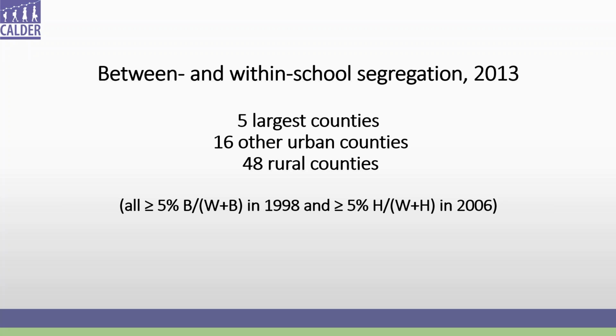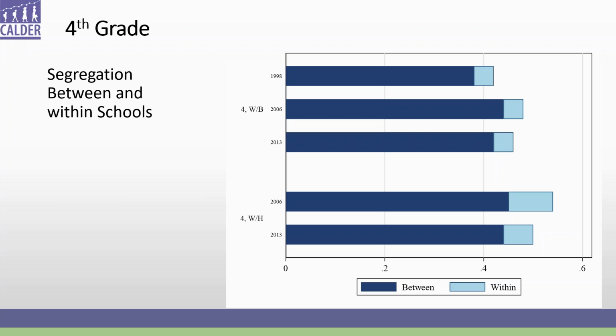One more thing about the data. It turns out that the dissimilarity index, everybody's friend in sociology for many years, turns out to be very unreliable when you have a very small percentage of the minority group. It does crazy things. So what we've done in this case is we just dropped all the counties with less than 5% either Black or Hispanic, as the case may be. So this is what it looks like at the fourth grade level.